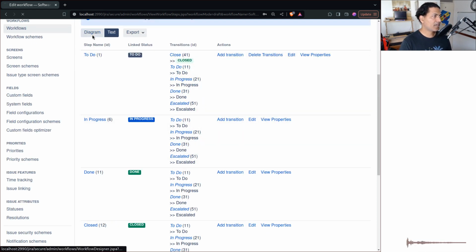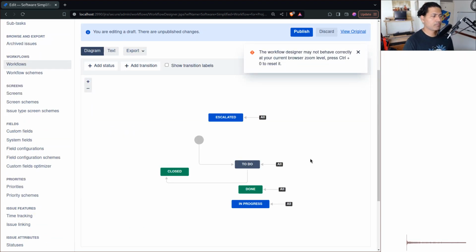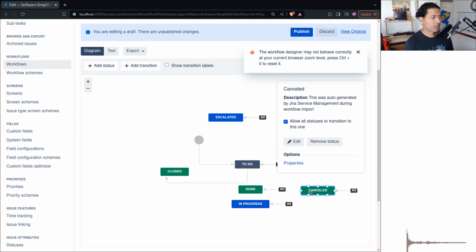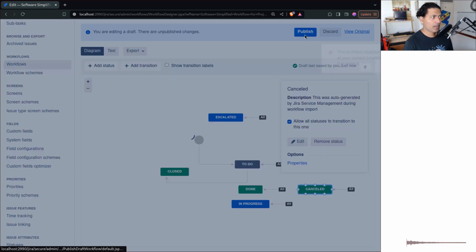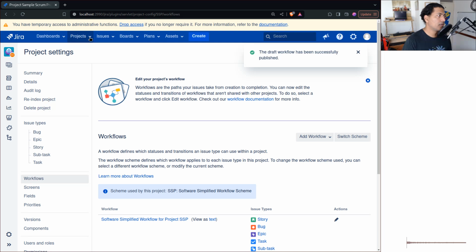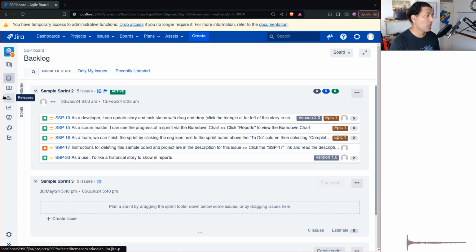Now the thing is, if you look at any Jira workflow, you can have some statuses that are final closure states, right? For example, in my case, I have closed, I have done. I may have a state called cancelled, right? So this particular state will, of course, appear on the workflow. Now the thing is, you may have a board which is configured to not use one of these states that you have in the workflow,